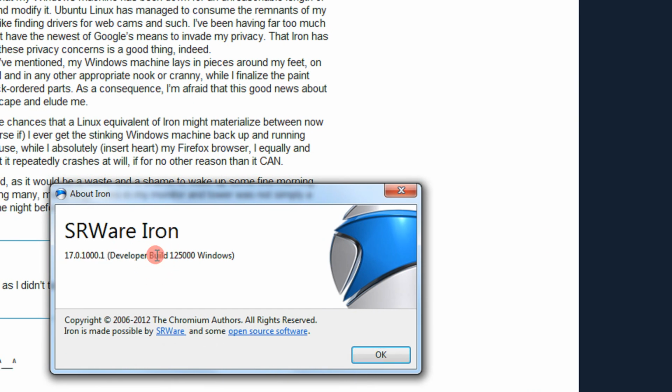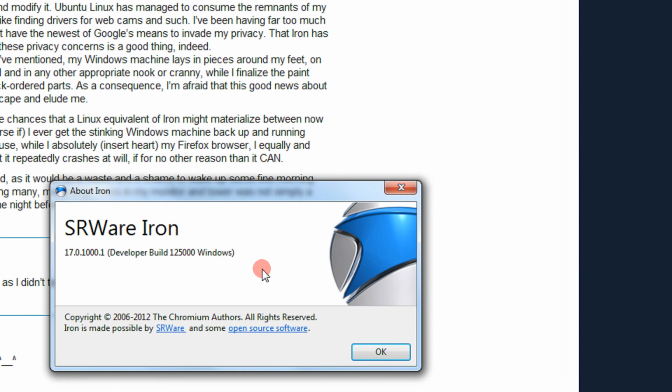The version of Google Chrome and SRWare Iron is almost the same. SRWare Iron says on its website, if you go, it will tell all the comparisons, you know, which features it has more private than Google Chrome. So I am normally using this browser. I have stopped using Google Chrome because I know it will track in each and every possible manner.